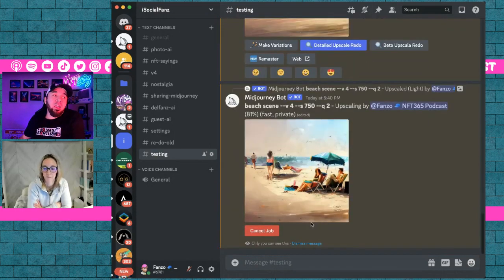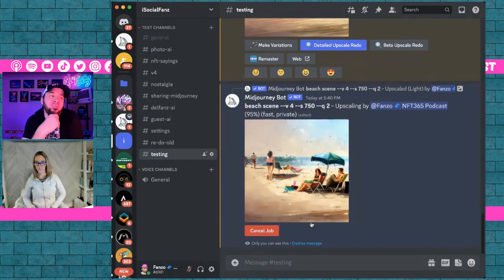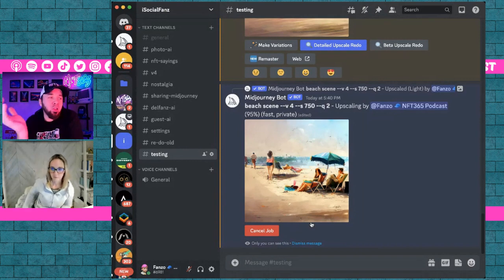But if I go and I now added details, I can still do the same thing. I can hit make variations, but it's going to do it from my most recent image. And if you think of it this way, the prompt is always reading either the image that you have there, or if you don't have an image, it doesn't read anything. And then it's the words you use, and then the settings that you have, the dash settings that you have behind it. And so you'll notice it took a little bit longer for this one to create,